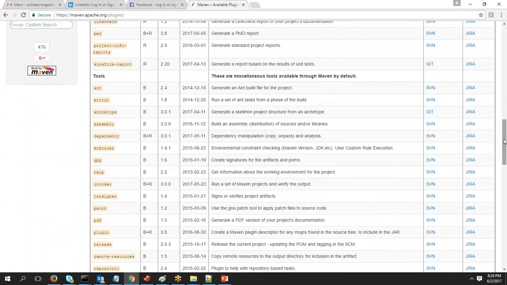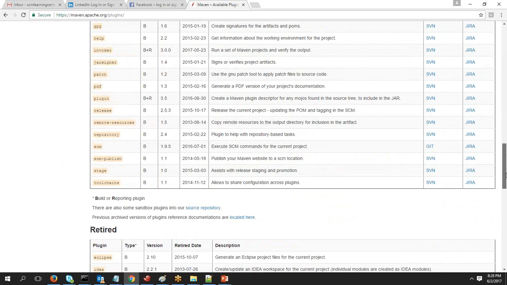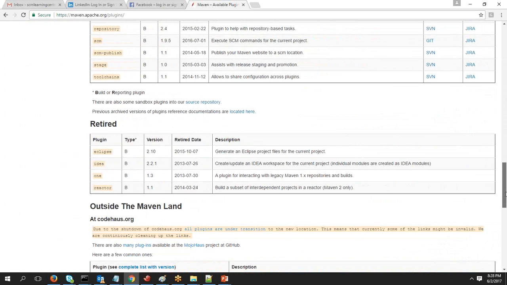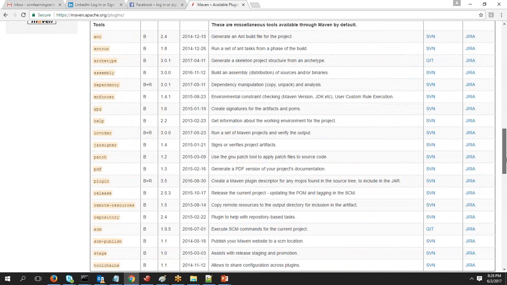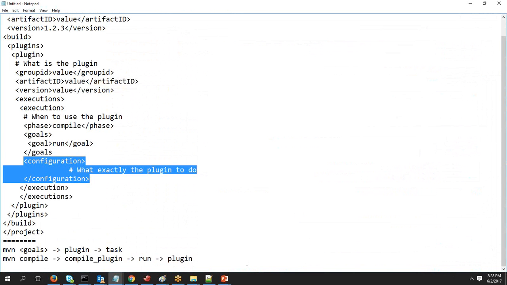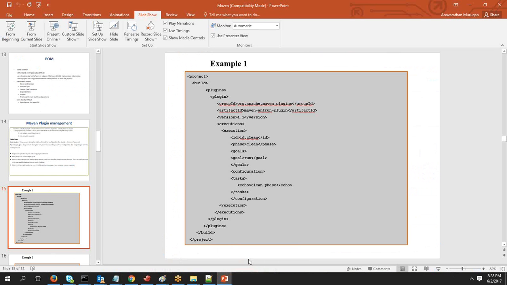Suppose you want to connect to different tools using Maven, then for each one of them you have a specific plugin. So whatever plugin you want to work on, you can choose it, and based on that, you will be specifying all the details. Okay, so the first thing we will do is take one example where I am going to